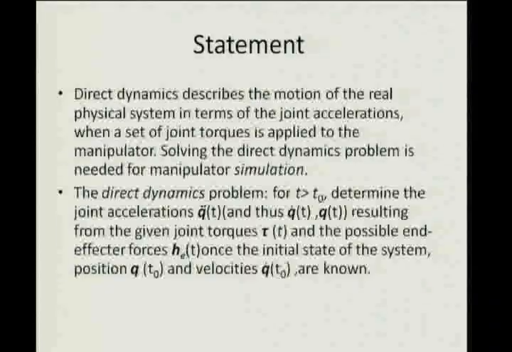If you give a voltage from the motor, you can find out what the torque is, and then you can feed it into the equations of the robot that we have written so far, and we want to know what will be the joint velocities and accelerations as a result of that. So, the statement goes like this. So, we start at T0, and at T0 we know the positions q T0 and the velocities q dot T0. The acceleration is not important because that is what we want to compute in the next steps. So, we want to know what will be the joint acceleration q double dot T,